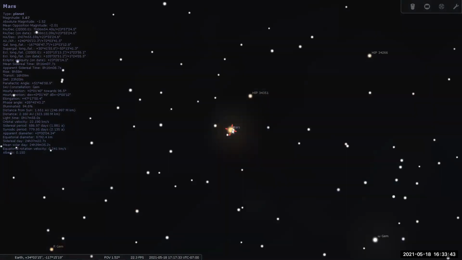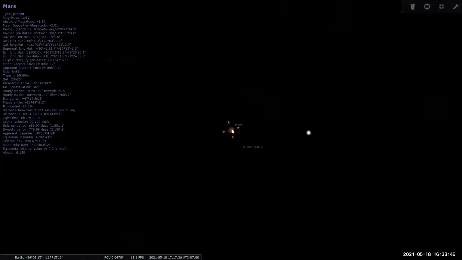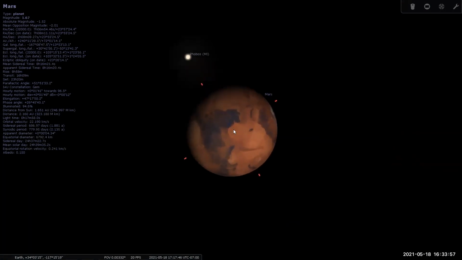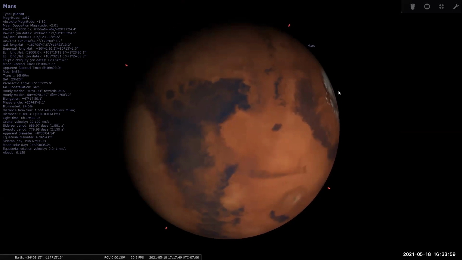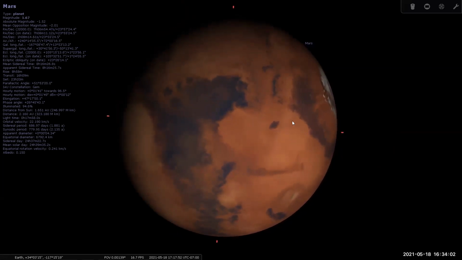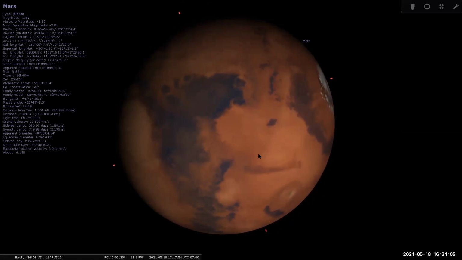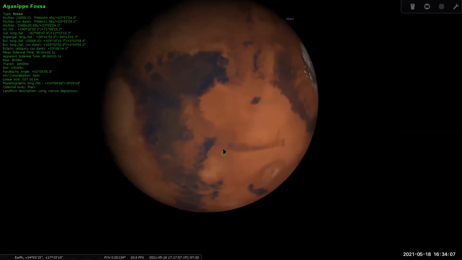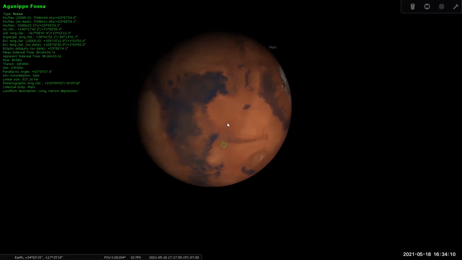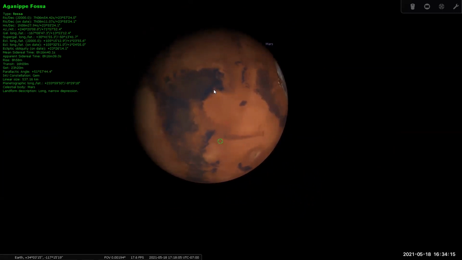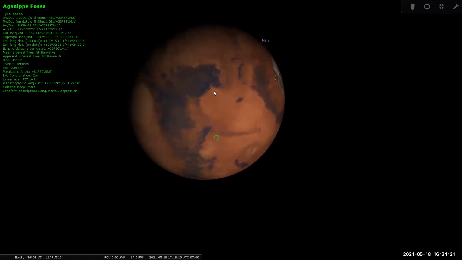Again, it has a couple of moons, but they're so small. This is Deimos, and the other one is Phobos, I'm sorry, and they're captured moons. If I zoom into the planet, it has a lot of features on its surface that we know of. It has ice caps on the North Pole and South Pole, and it has almost the same rotation as the Earth in terms of day. Its surface right now is a reddish planet, indicating that maybe